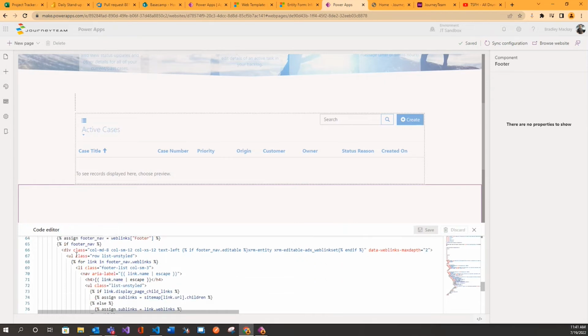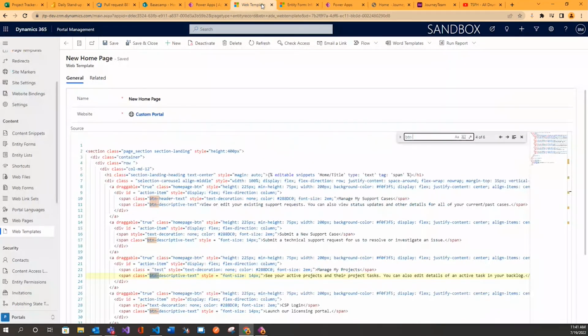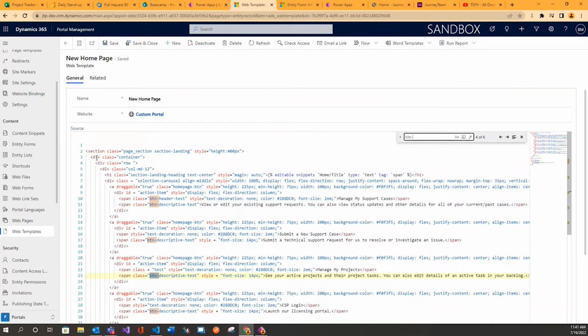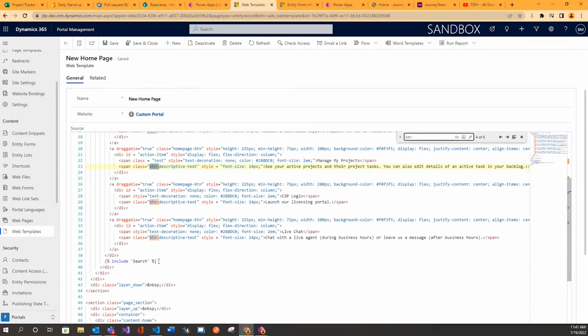So don't use this one. This one's no bueno. Another place you could add custom code is the one Derek showed before. It's within the web template, and I think this one's probably the best place to do it. I still, not best practice right now, I'm just testing a lot of different styling things, but I'm trying to get it to work where I could reference a separate web file that has the CSS and the JavaScript, because that's kind of industry best practice, but it works inline here. And it's a little easier from a dev standpoint to customize the components here than it is